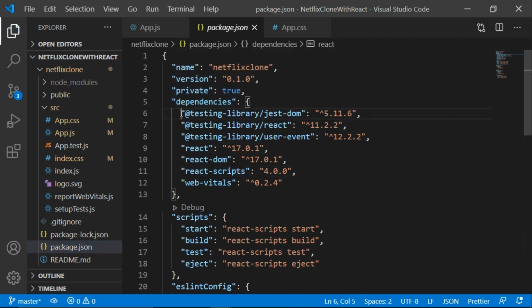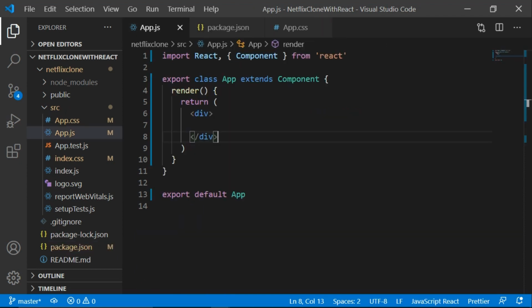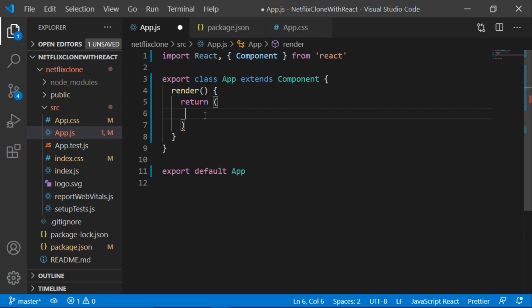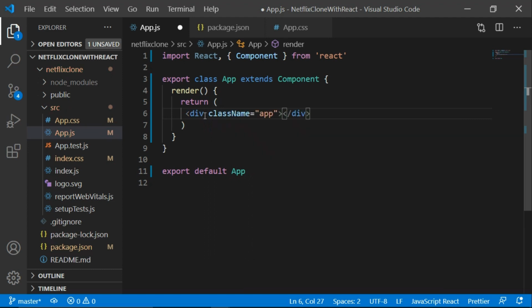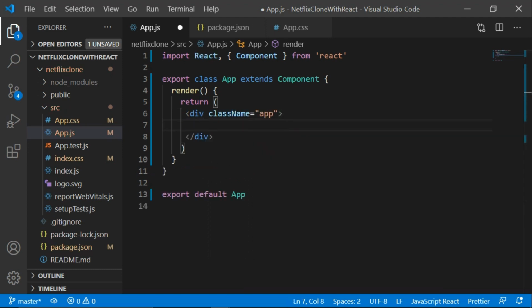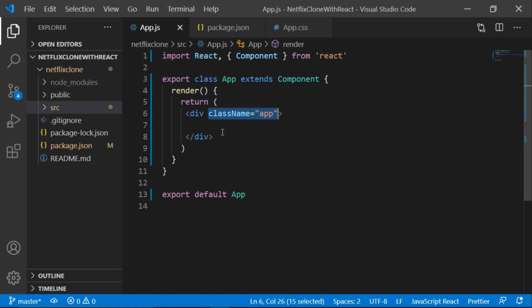So we got these dependencies in this package.json file here, which is basically installed by default. Got this testing library, we got this React DOM, which is document object model, React scripts and web vitals. All of that's installed inside the node_modules folder. And let's delete this div. We are gonna write div dot, also you can add just simply dot and the name of the class. So we added div, class name is App. Okay, so we got this div here with this class name App, which is the name of the file, but a is small here because it is a class name.